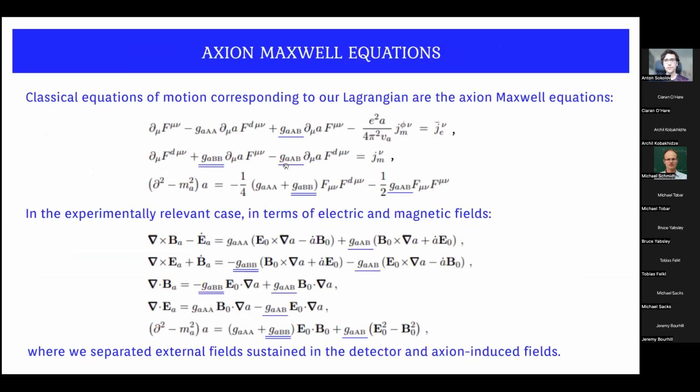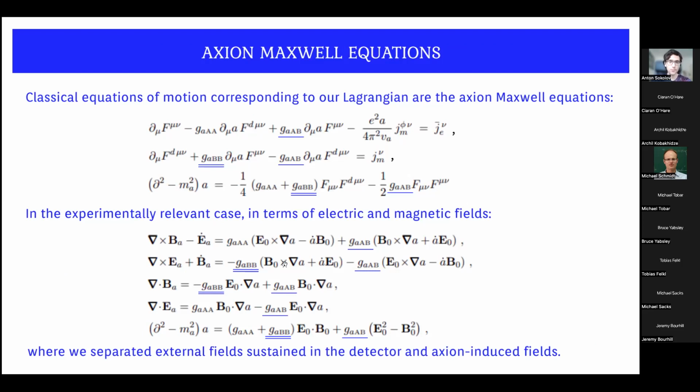Now if we write the axion-Maxwell equations, here I underlined the dominant terms. The most dominant terms are the BB coupling, and the second dominant terms are the AB coupling. Here it is written in terms of the electric and magnetic fields, and you see that the conventional coupling, which is AA, is actually the least important coupling here. And this means that you can get some